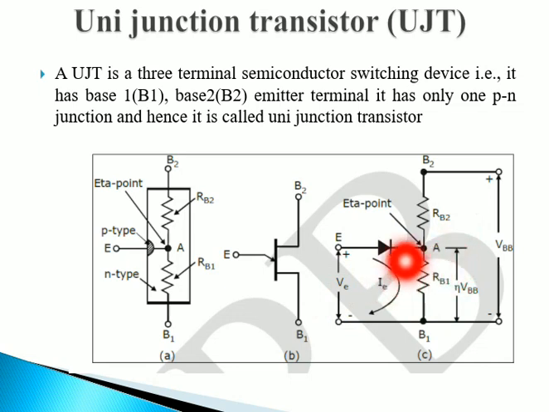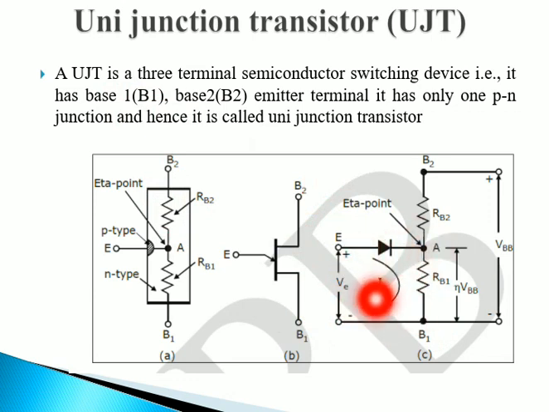So your diode will conduct only when your VE, that is your emitter voltage, is equal to your VP, that is your peak point voltage. This will result in your peak current, that is IP. Now due to the flow of this current through your resistance RB1, your resistance will decrease. When your RB1 decreases, the emitter potential drop will decrease and your emitter current will increase. Because of this, your device exhibits negative resistance. When your emitter voltage decreases, your emitter current increases. In short, you can say that this UJT will act like a switching device.